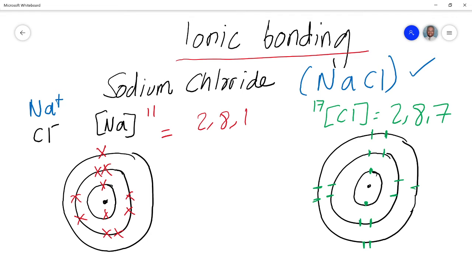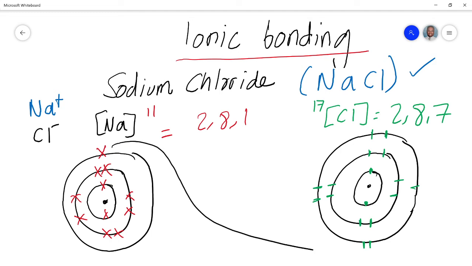Now, I've seen students drawing like this. However, you can also draw just the last shell. I know sometimes in exams they focus on drawing the last shell because, like I say, the last shell is very critical. So this is what is happening here. Sodium's got 2, 8, 1, it's got 1 electron in its last shell. Chlorine's 2, 8, 7, it's got 7 electrons in its last shell, and therefore ionic bonding occurs,